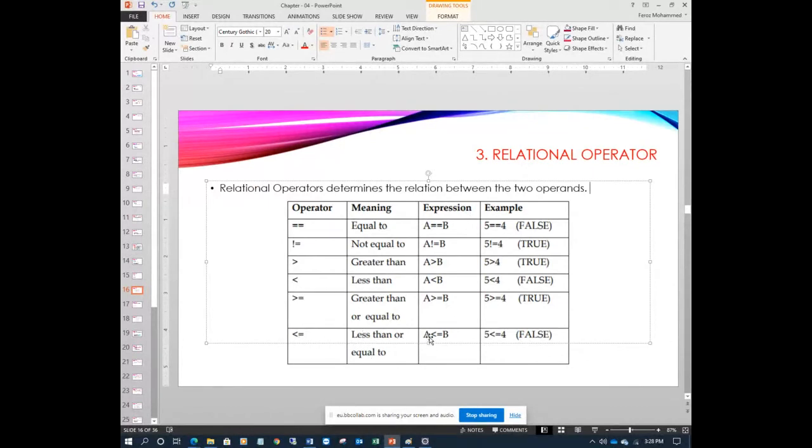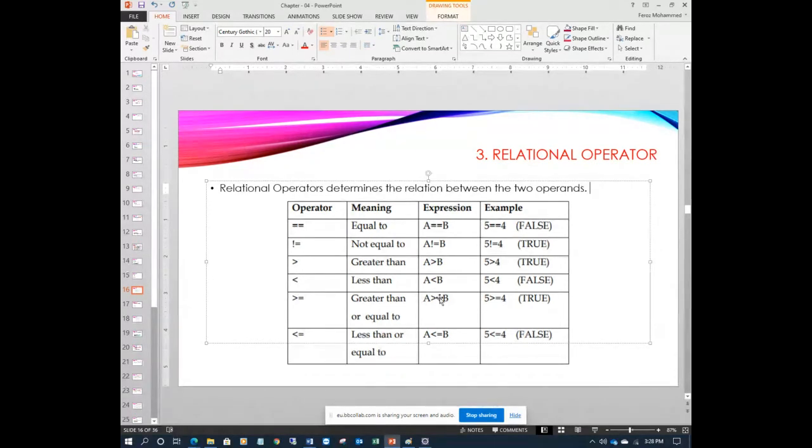Less than or equal to, A less than or equal to B. Do not add space between these two symbols. This is one operator, less than or equal to, do not add any space. A less than or equal to B, 5 less than or equal to 4, false. For example, A equal to 4 and B equal to 4 also, both are equal, then it will be true because equal is there.